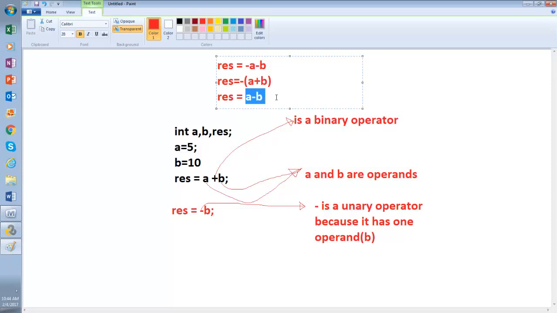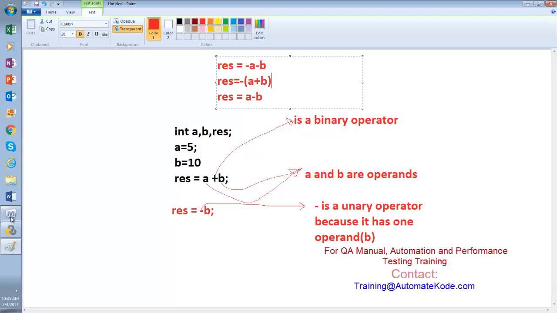Okay, if you bring all the minus signs together, it doesn't matter how many times you write them down. Whenever you put a sign, you only look at left and right. If you have left and right both, it is binary. If you have only one side, that's still unary. Even though you say minus, each minus has only two sides. So you look at that particular operator: how many operands does it have?